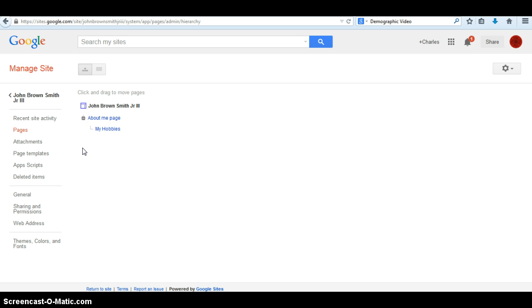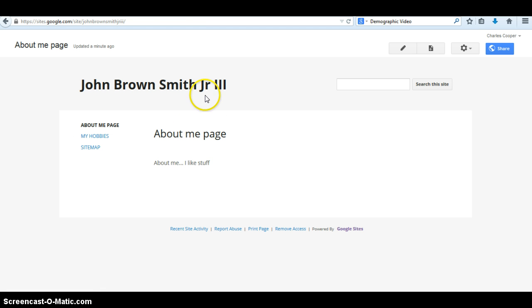And again, this kind of overlaps with another tutorial on a different page on this Google Sites. But you're going to click on Hobbies, pull it up to John Brown Smith Jr., let go, and now you've got an About Me page and a My Hobbies page on the same level as opposed to being a sub page. So we're going to click on John Brown Smith Jr. There's got to be somebody named this somewhere in America. And there it is. If you'll click on the next page, I've got a tutorial that walks you through the 2 or rather 3 buttons and all the options. But as far as just creating a page, laying a claim to a name,